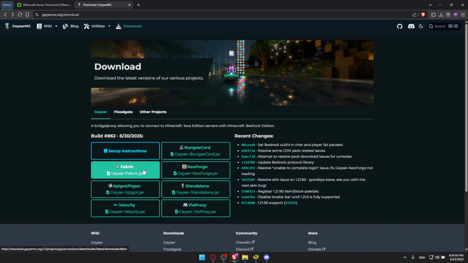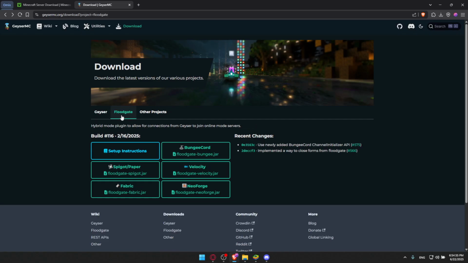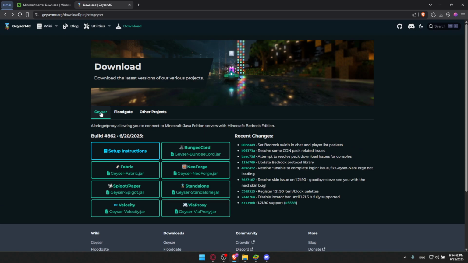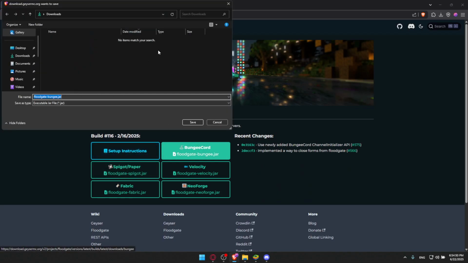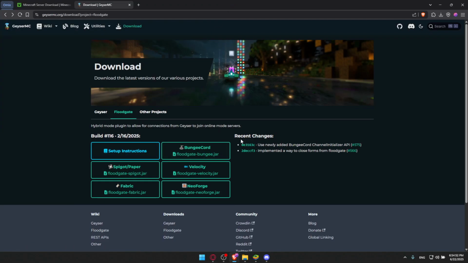As an example, normally I would download Fabric, so just go and download it. Oh, never mind, first of all you have to click on Floodgate, as we said. From here you'll have to download Floodgate and also GeyserMC. So download them both. Once you download them both, you will have two files. What you'll have to do is simply place those files in the plugin folder of your server. You'll need the server jar like Paper or Spigot, as an example, and these